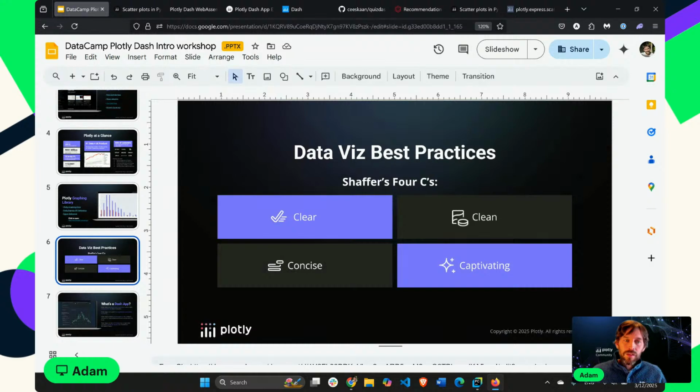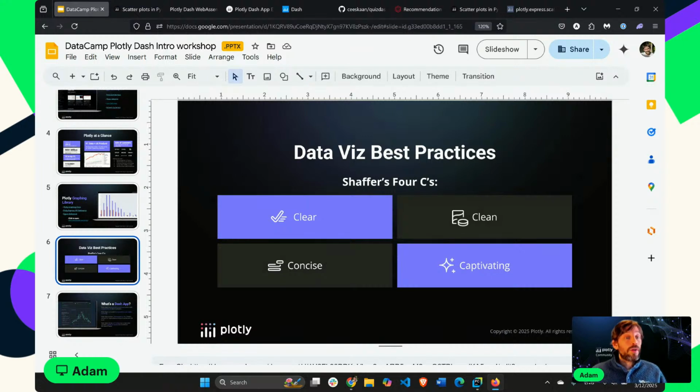Now, clear means easily seen, sharply defined. Think about your audience, right? If your audience is very technical, you can have a more technical graph. If they're less technical, then make sure you're speaking to your audience. And the message: you have to try to answer the question they might be asking themselves with your graph. It has to be clean, right? Thorough, complete, unpolluted. Don't have too many things on the